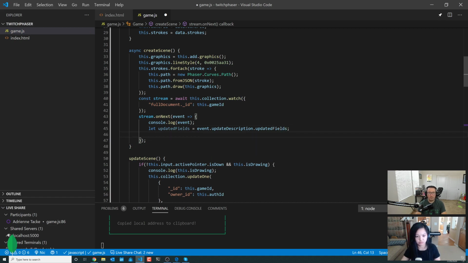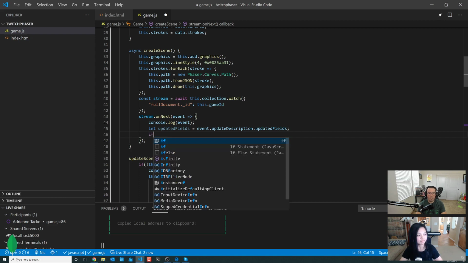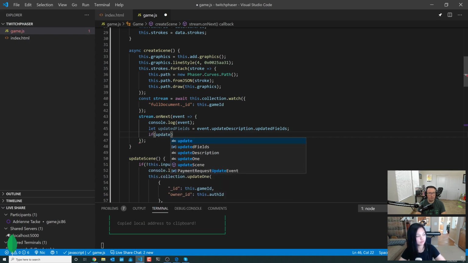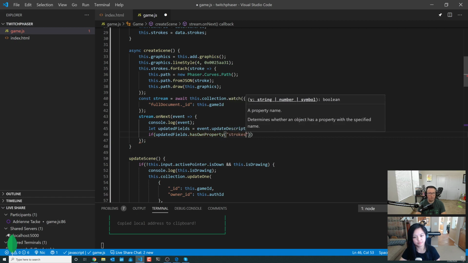All right, so we have the update fields. Now we want to see if the strokes was one of those updated fields. It should be in this example the only thing that comes in, but you never know. So we're going to say if updatedFields.hasOwnProperty, see if it exists in this particular object, strokes. That's the one we care about, right?